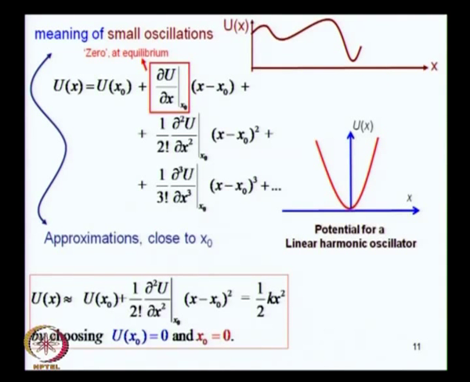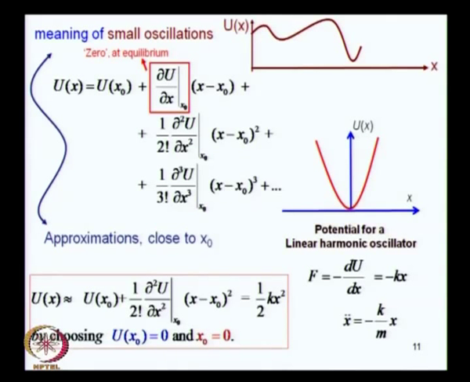So this is the famous quadratic potential for a linear harmonic oscillator, because of the restoring force. If you cause a displacement of an object in equilibrium, which is at the bottom of this valley, and you push it sideways, then it will no longer remain in a state of equilibrium and it will experience a force, and that force is given by the negative gradient of the potential, right. So minus du by dx will be the force which will act on it,